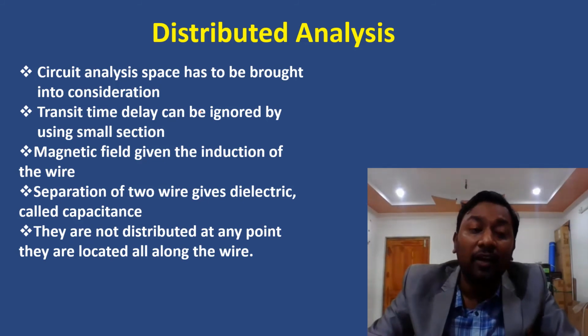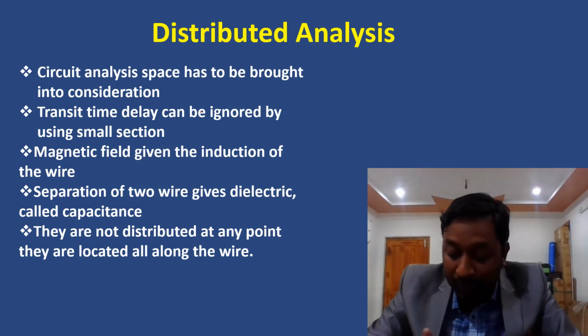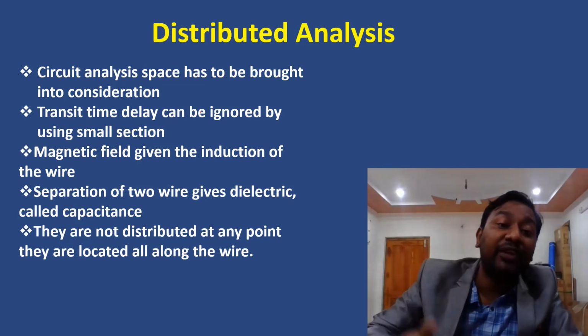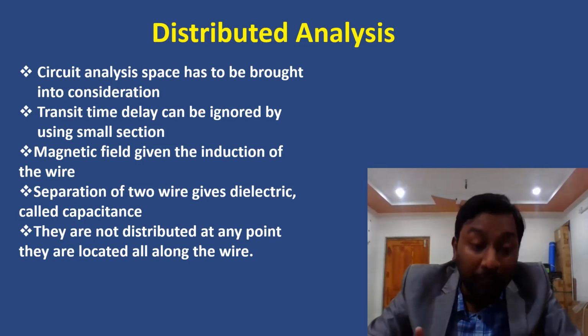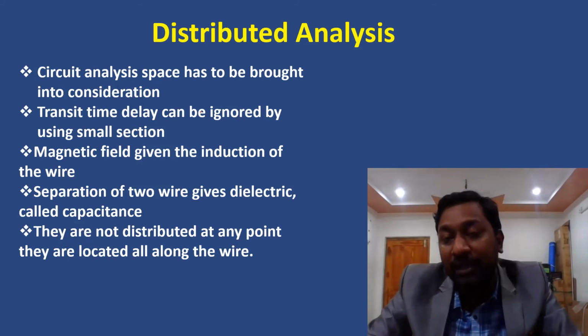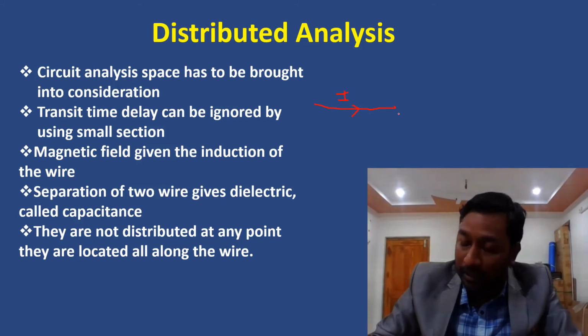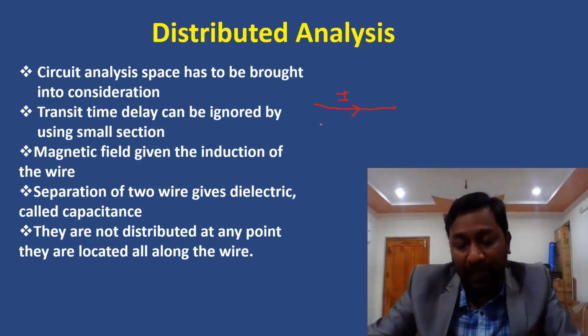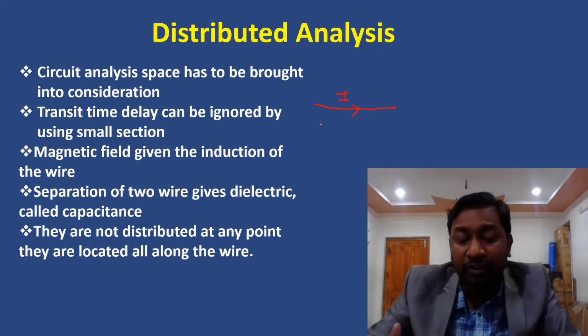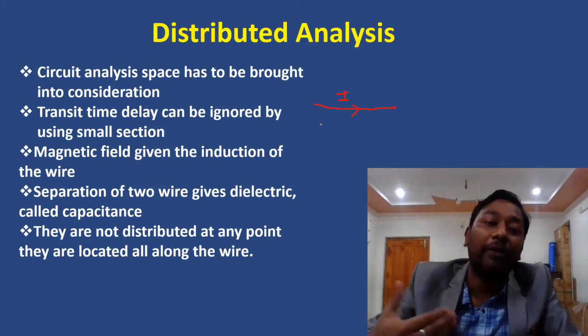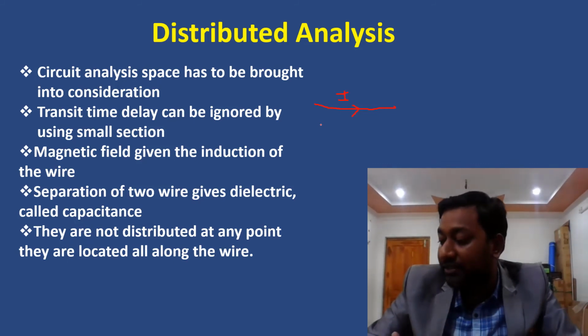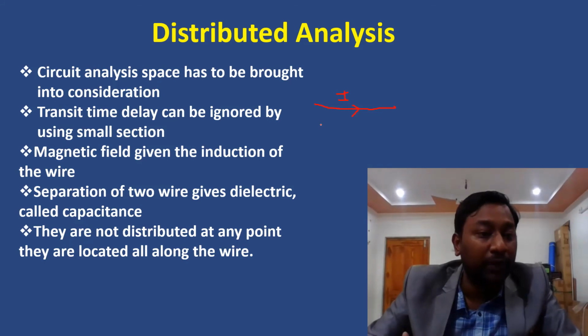The answer is, whenever any current flows through the line, a magnetic field is created. Due to that magnetic field, there is inductance of the wire. So whenever any current flows through this particular line, even if there is no resistance or no inductance present, still, due to the current flowing through the wire with high frequency, a continuously varying magnetic field is created along the wire. And due to that changing magnetic field, we get the inductance of the wire.